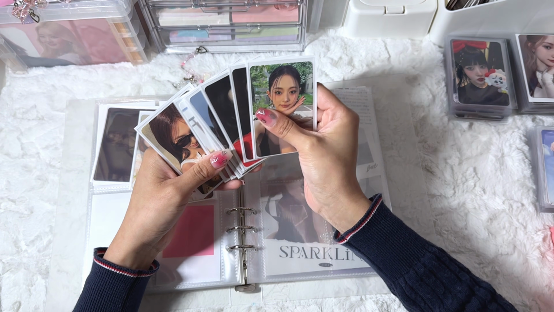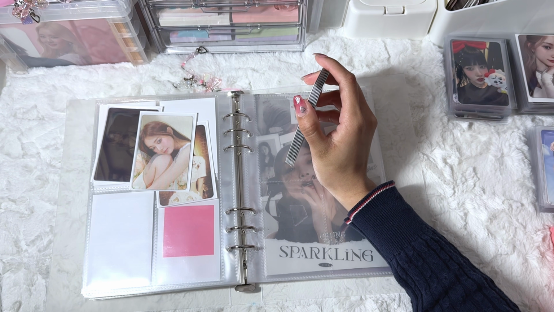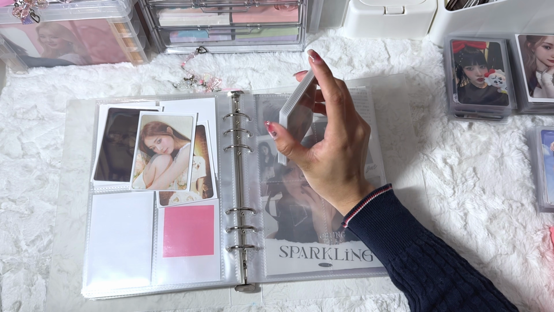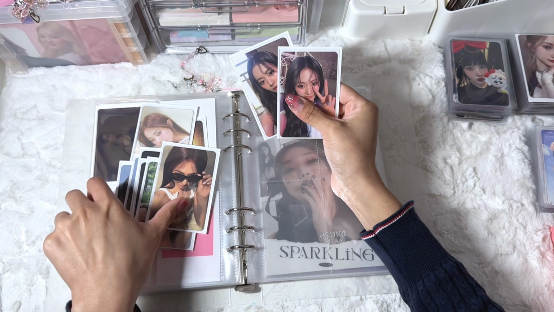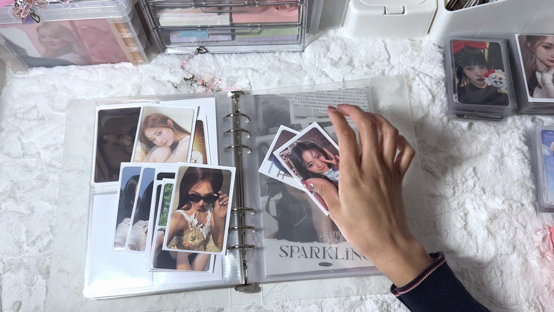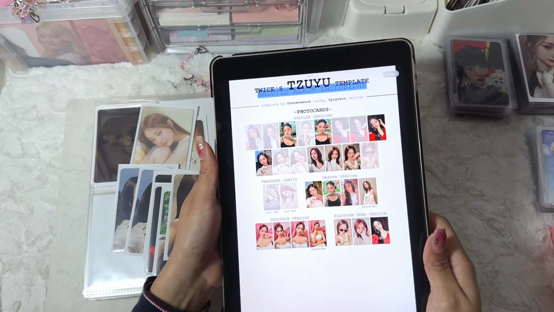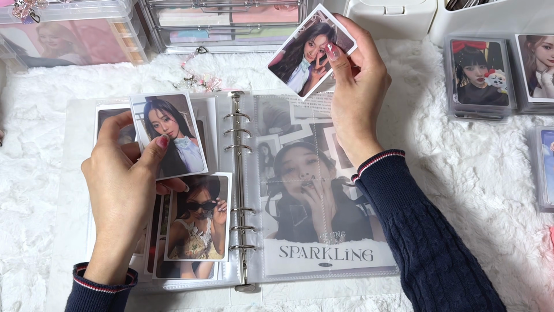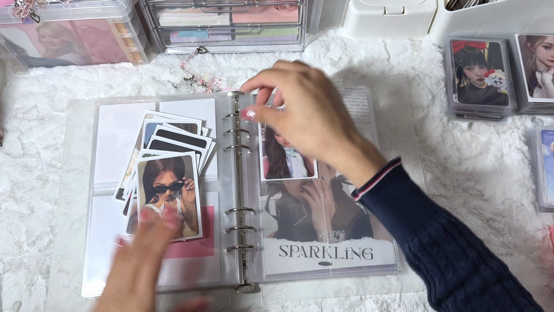Usually I would put them based on album version, but I think I'm going to add them based on their outfits. The first one is this one, in which I do have, according to the template that I'm using, the template from the person who created the template on Instagram. So as you can see, I'm not missing that many photo cards. I'm gonna add these in here first. So there's one of this one,